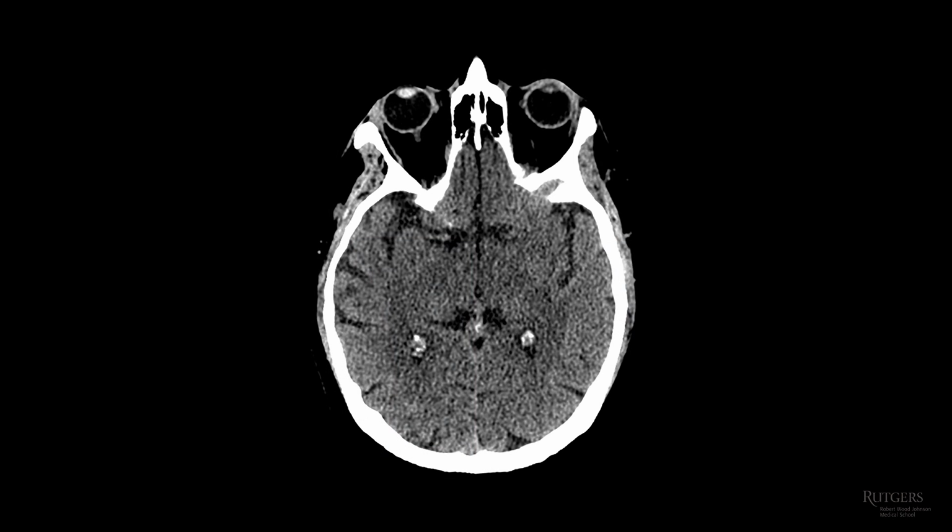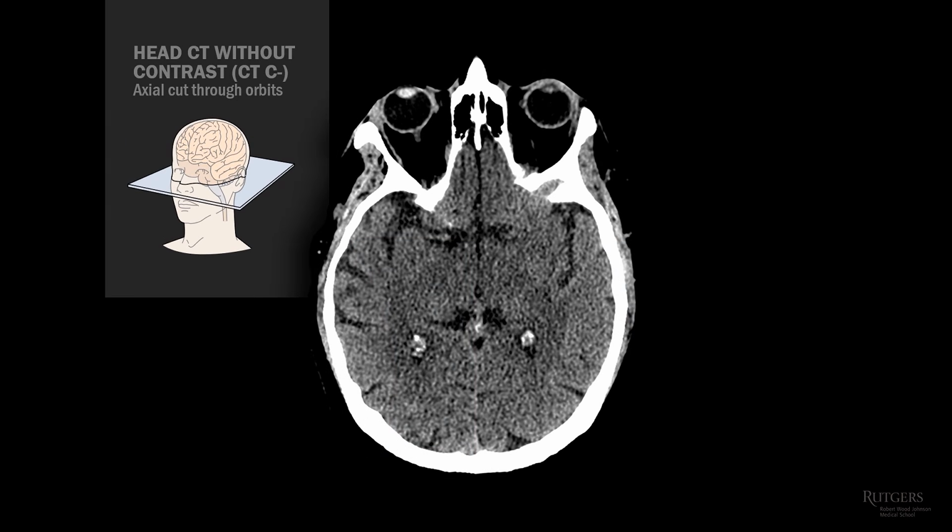Here's a typical normal head CT. Axial slice with a cut through the orbits. You can even make out the lenses inside the eyeballs. By convention, the patient is lying in front of you on a table, feet first, like in the anatomy lab or the operating room. So the nose is pointing up, patient's left is on your right, and the back of the head is on the bottom of the slide.